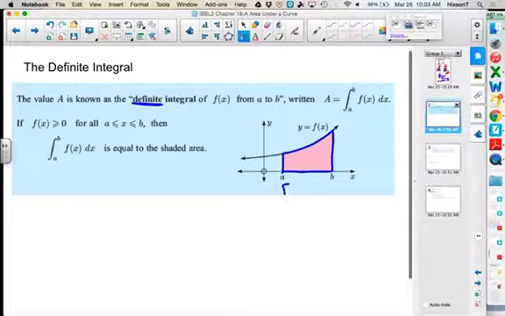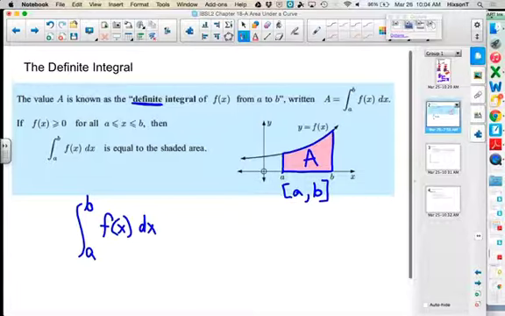So we have the interval from A to B, and this is the area that we're trying to find. Okay? Now the notation here, this symbol for integration is an elongated S. And we would read it, the integral from A, you always put the left-hand side of your interval on the bottom, to B, that's the right-hand side of our interval, of f of x